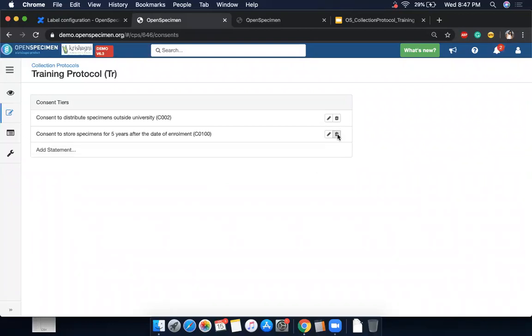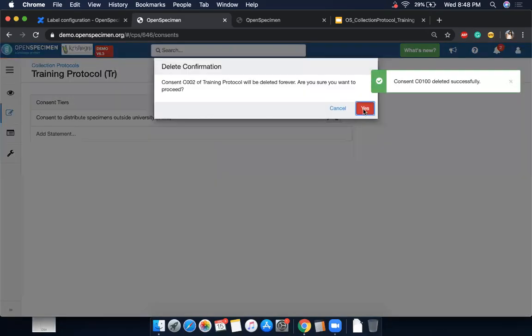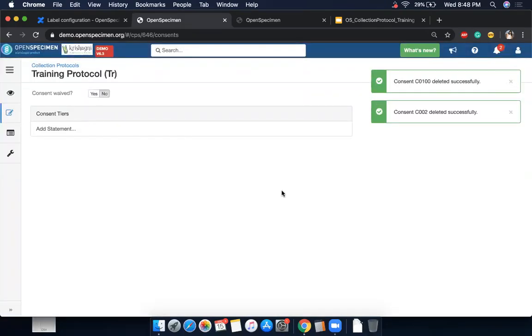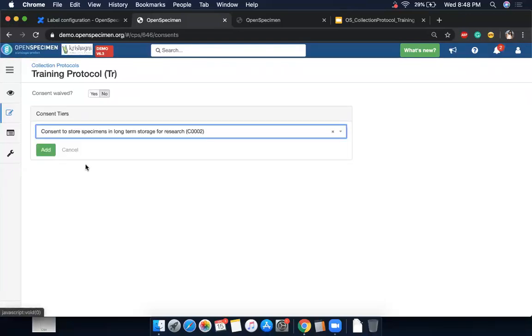Just before I move on, I'll remove these consents because I didn't show you an option. If you're not going to set up consents and not going to use the consent feature, you can just set this flag. What this will do is the consent tab is not displayed when you're adding patients. It is just for usability, so the users won't get confused by a consent tab. It will get hidden if you set this as consent yes. Otherwise, you can set it as no and select any consents if you want.